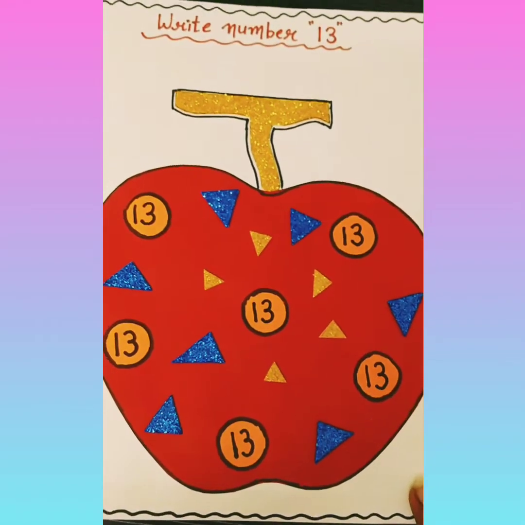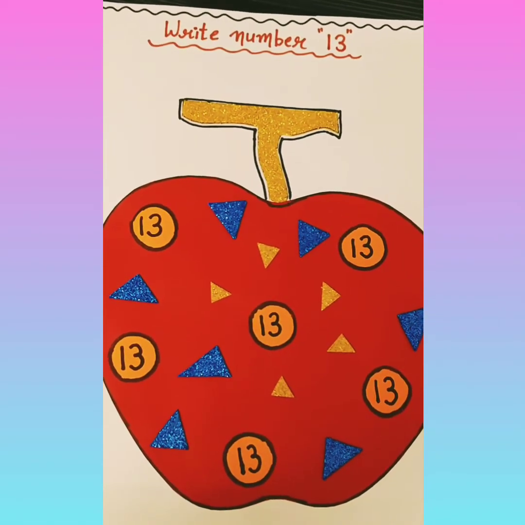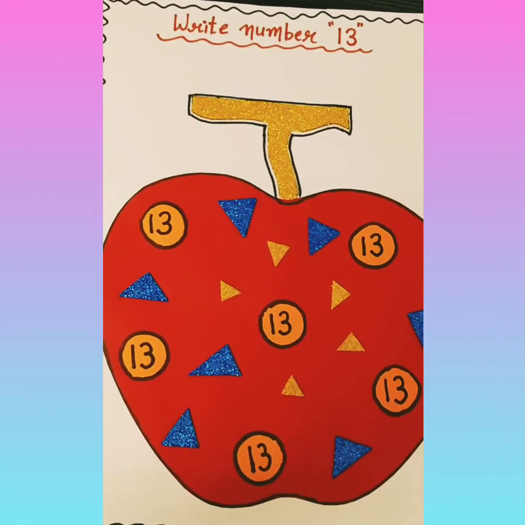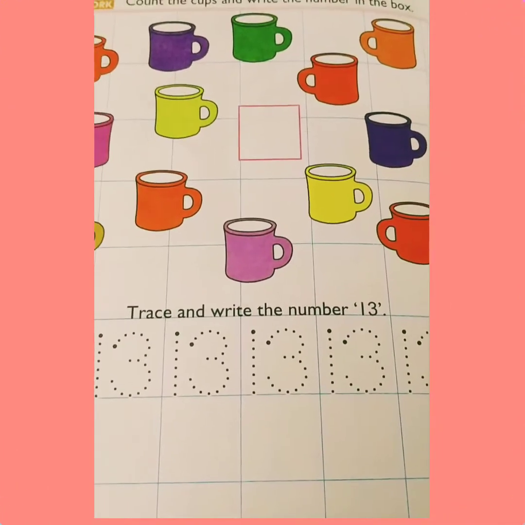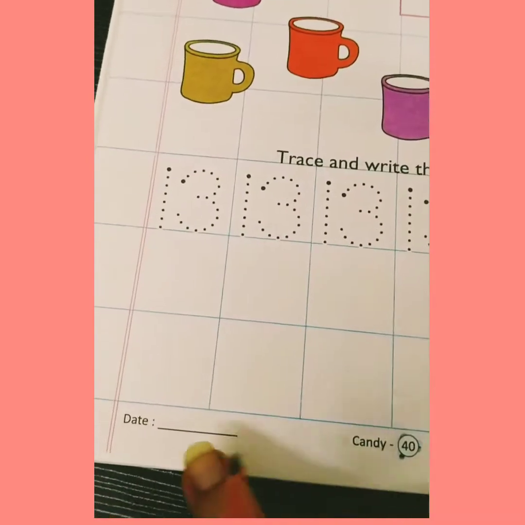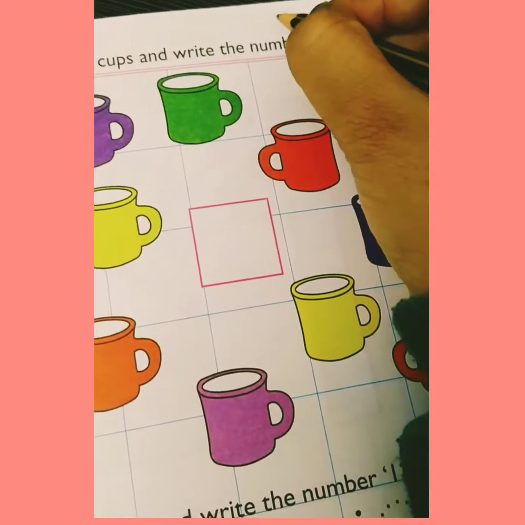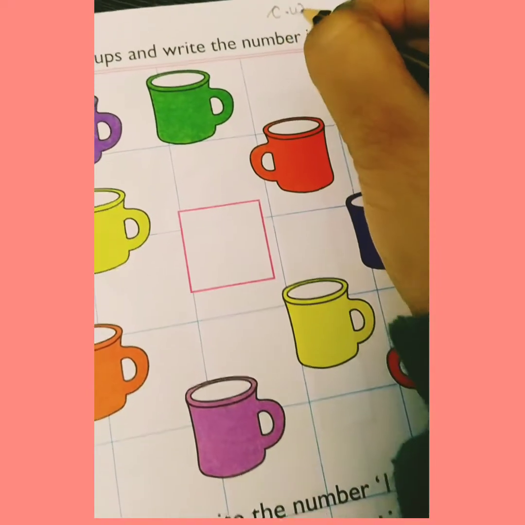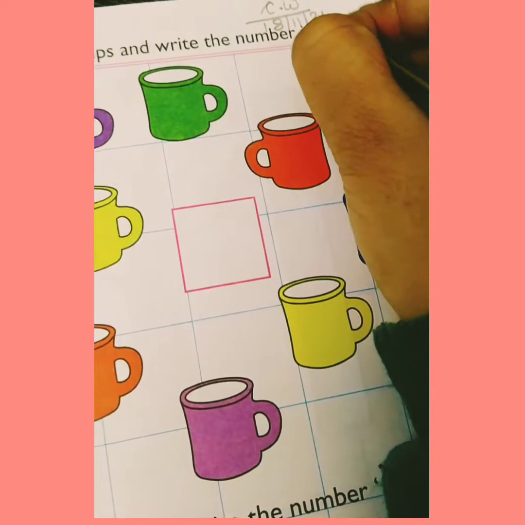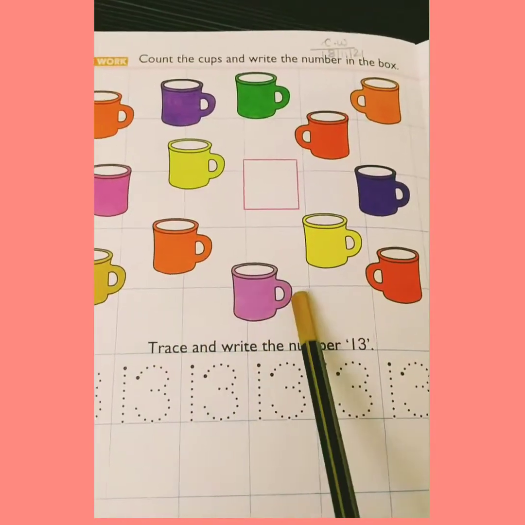So now our activity is completed. So kids, did you enjoy this activity? Yes. Very good. So this is number 13 activity. Now kids, I am taking work in our book Candy Numbers. Okay. So this is page number 40. So very first you have to write here CW and today's date like this. Okay. Now start. So first we have one interesting activity.